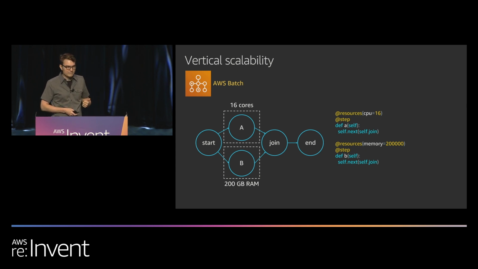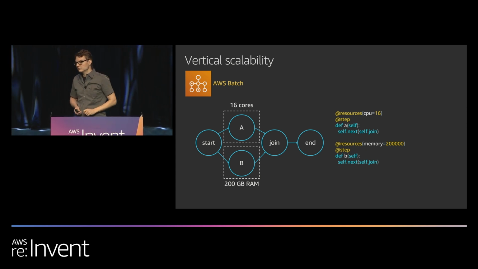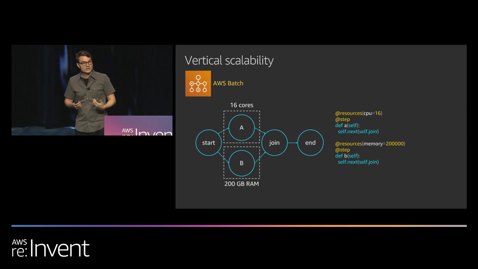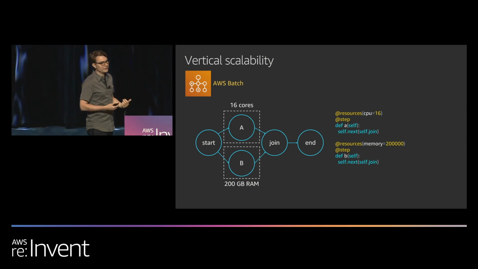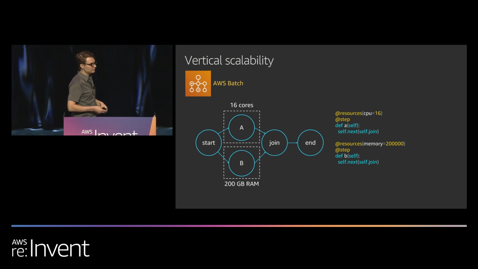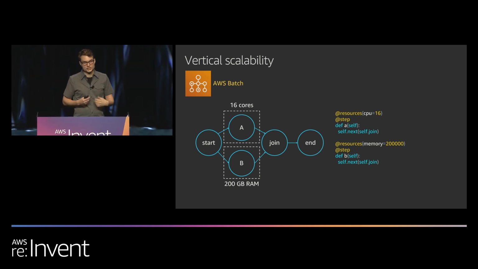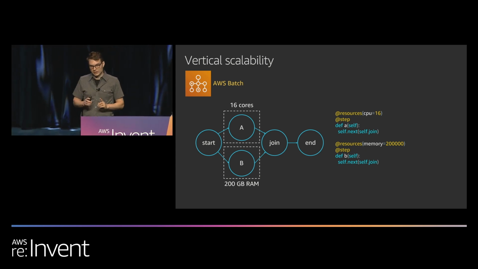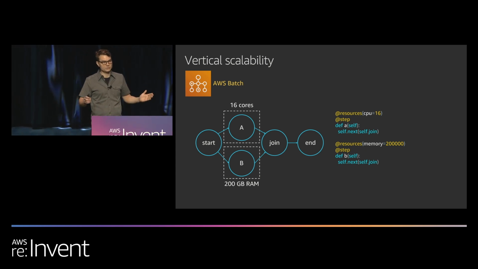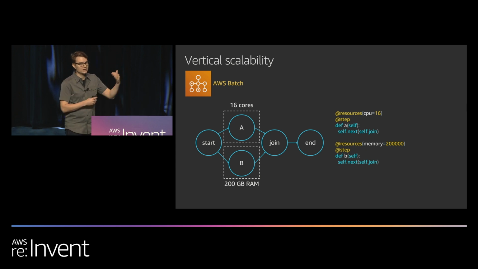Another really interesting benefit is that imagine here in step A, we are saying that our code requires 16 CPUs. Equally well, it could say that we require 8 GPUs. Modern ML libraries like TensorFlow and Keras are very well optimized for GPUs. They actually perform mind-blowingly well on these large GPU instances. And actually the vertical scalability is quite preferable because you don't have to pay any overhead of network communication in